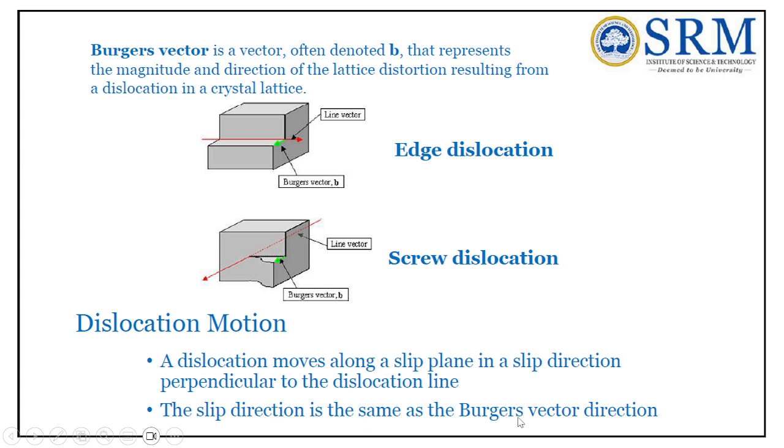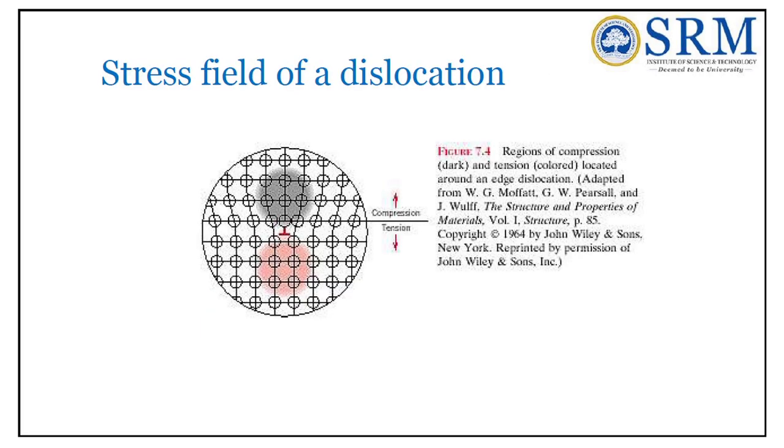The slip direction is the same as the Burgers vector's direction. Slip direction, the direction of the movement of the atoms due to the action of shear stress, is the slip direction. So the Burgers vector direction is also similar to that of the slip direction. You can see a diagram which illustrates the stress field of a dislocation, regions of compression and regions of tension. The black color is a region of compression, whereas at the bottom you can see red color, which is a